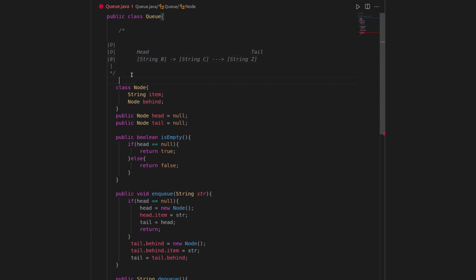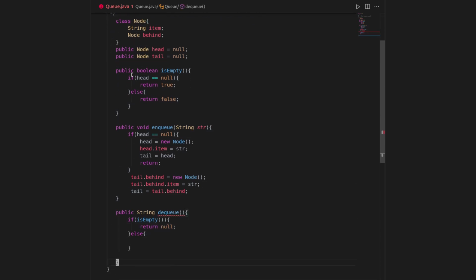To do this, we can use a statement like this. But first we also need to store the string value that the previous head had so that we can return it to the user.